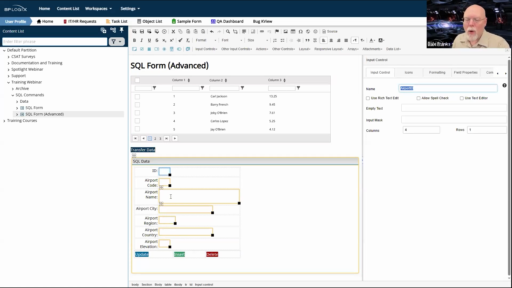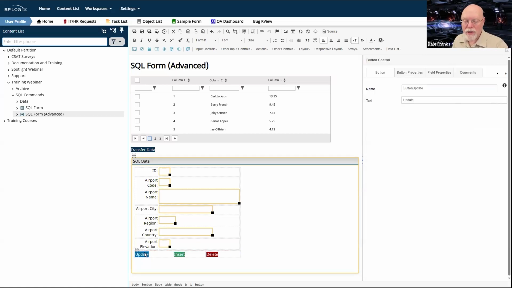Then we're going to need to make whatever changes we need to make. And once we've done so, we'll need to click the update button to make those changes happen. So let's write the SQL statement that will enable us to update the airports table with all of this data.